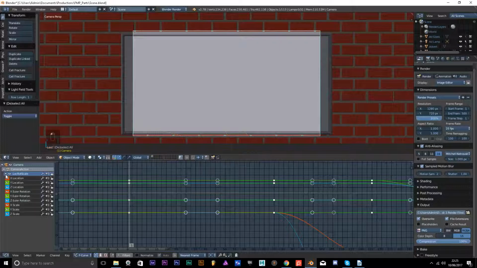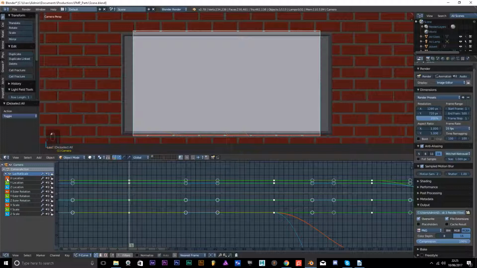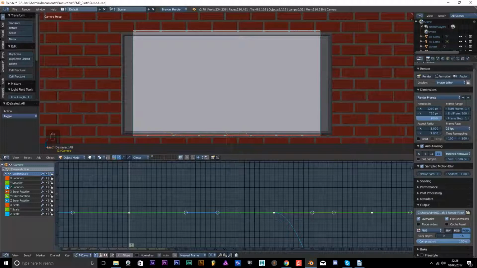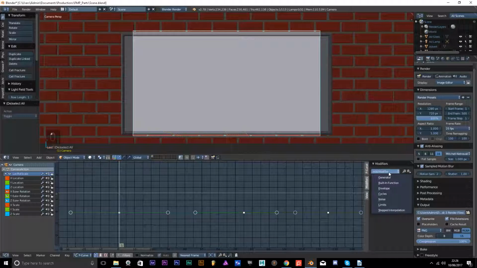As you can see, I'm going to click on this arrow here. I can hide all of that, or I can bring them back. What I'm going to do is hide all of the things that I don't need, but I'm going to keep the rotations, because my rotations are the ones that are going to have a modifier known as noise. If I click on my Euler rotation, I think that's how you say it, I go to here that says modifiers, and I can add modifiers. What modifiers allow me to do is make certain changes to certain effects.